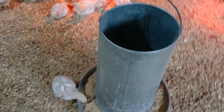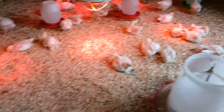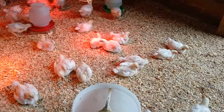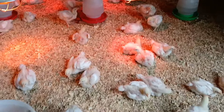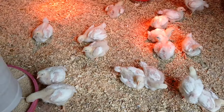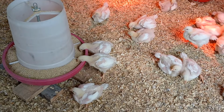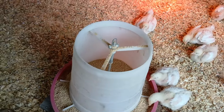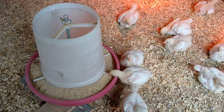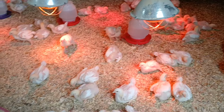Most people would by default say, well, they obviously must prioritize food more because Cornish rock cross meat chickens are notorious for being heavy eaters, heavy feeders, getting frenzied if they can't get to food, and wanting to be able to eat all the time. I will counter that though with, I think they prioritize probably water slightly more over food, because here's the thing